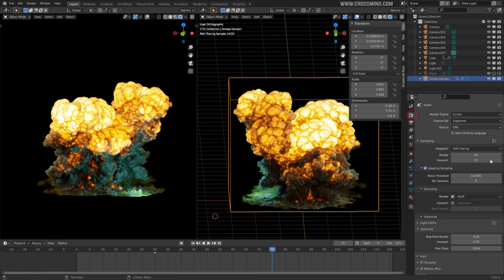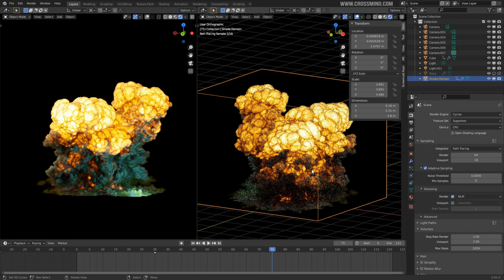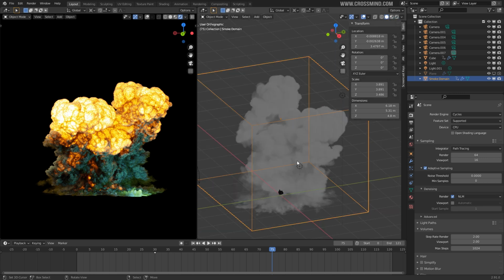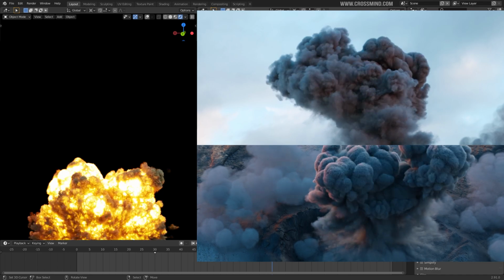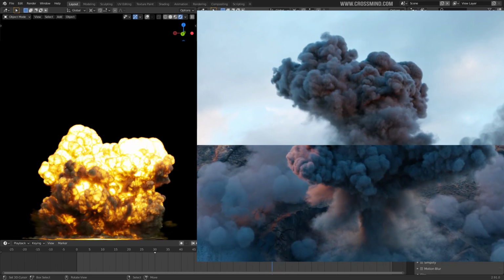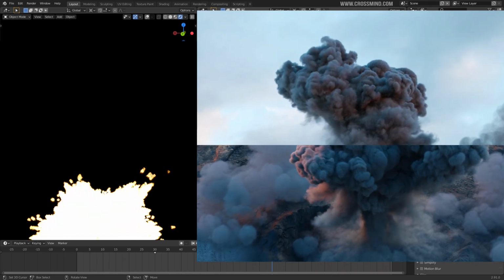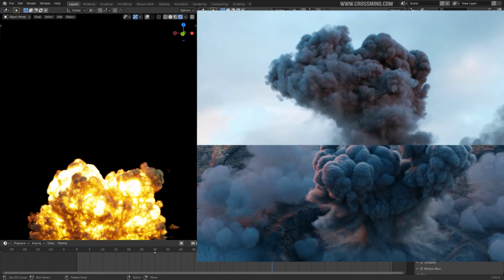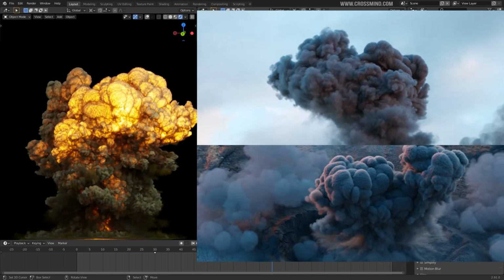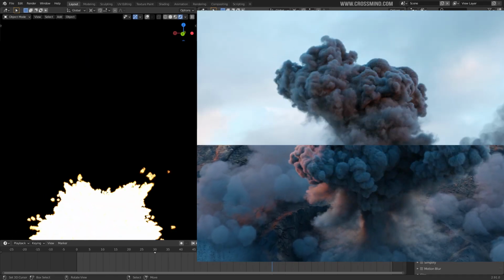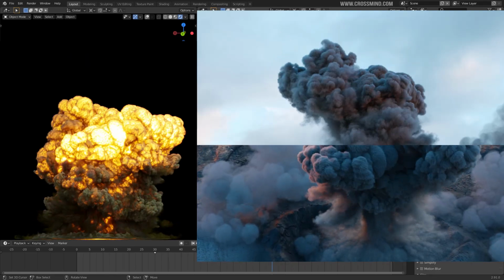Let me reduce the samples for the viewport. 16 is enough. I'm going to settle on this explosion, and this explosion is exactly the same one I used for both scenes, if you've seen the trailer. So the fire explosion, this one, and the explosion on the mountains. These are both the same explosion but with different shaders. Once you have your explosion, you can play around with a lot of things like different attributes, and like we discussed in the second chapter, you can tweak your explosion's visuals a lot